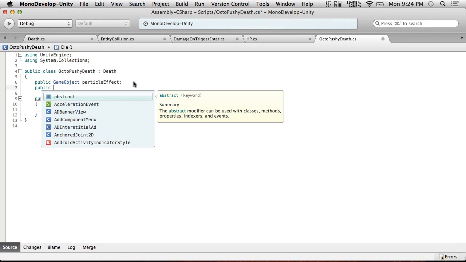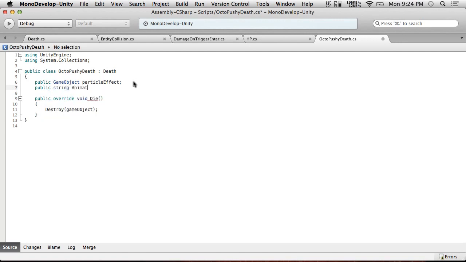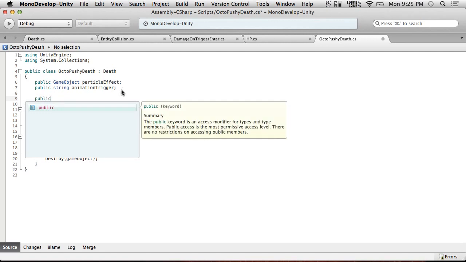Exactly. So, public GameObject particleEffect, public string animationTrigger. And so what we're going to do is, if animation, we don't have to check. We'll just assume that it needs to be there. So we need to get the animator. So let's go void Start. I guess just void Start would be sufficient. What is it called? Public or private